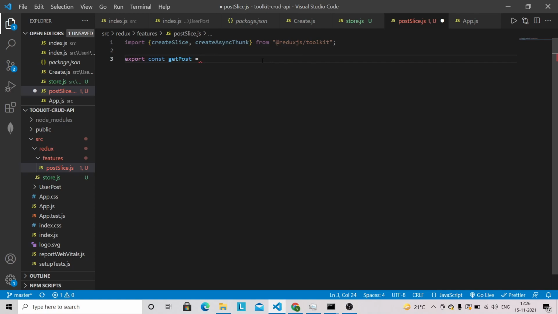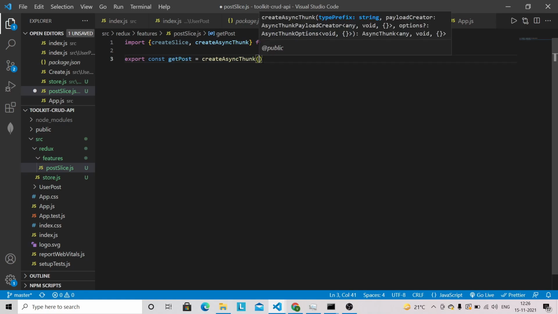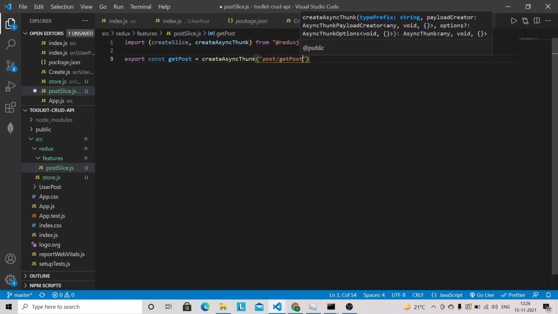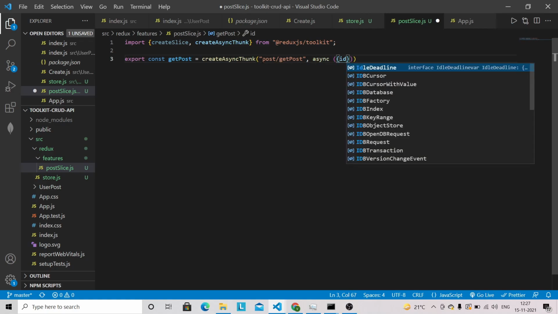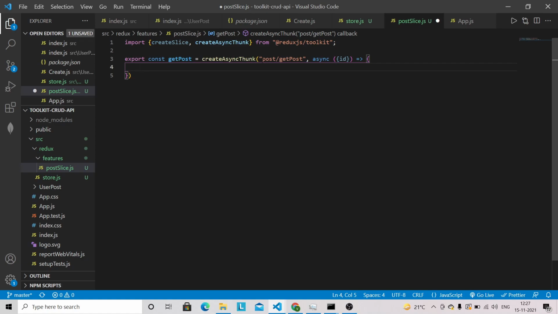It accepts three arguments. The first argument is the action type, so you can give the action type this way, post/getPost. The second argument will be the callback which returns a promise. It will be async, and it will receive an ID from our component. The third argument will be an optional object, but we are not going to provide that one here. So here we return